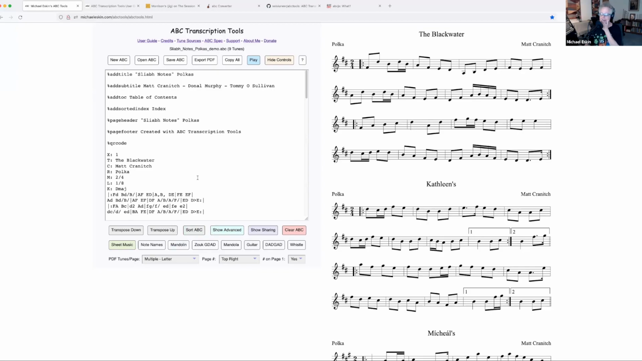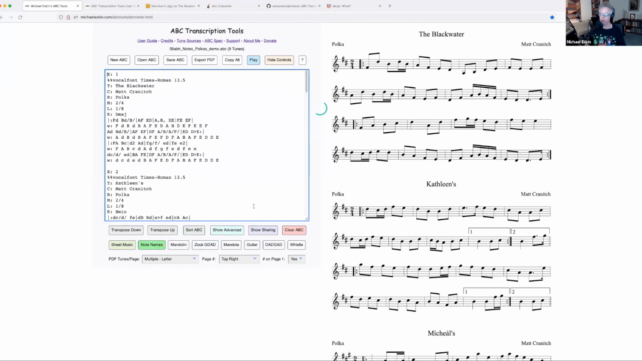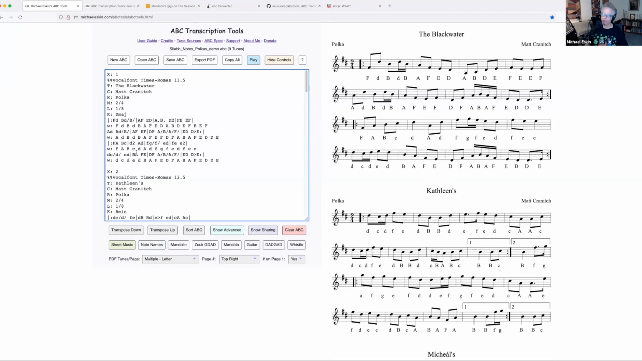One of the things I did do was, if you look in the user's manual, there's a whole bunch of power user tips. For example, if you hold down the shift key and click on note names, it'll actually inject the note names as lyrics into the music. So if you want this kind of a view of the music where the letters are underneath the notes